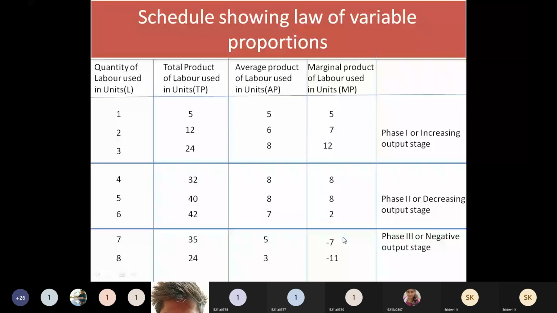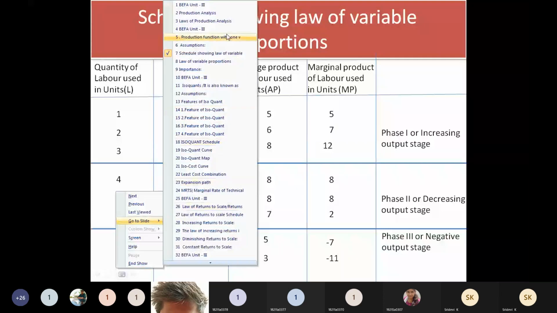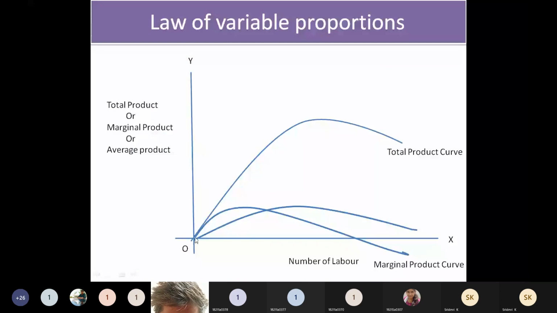So that is what we have shown here. If you plot each and every value, you will get the same result, but plotting takes more time, so you can simply draw like this. See here, this average curve is below the marginal curve and intersects it at a point. At 8 both are equal, and then it started flowing above the marginal product curve. I have given AP in short form; AP stands for average product curve.